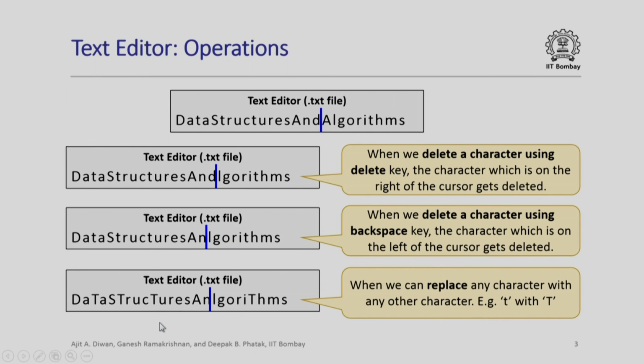In short, if we are implementing a text editor, we should have available with us functionalities of this kind. To recapitulate: move the cursor to the left or right, insert characters at the cursor point which will be inserted on the left, delete the character either to the left or to the right using either the delete key or backspace key, and a special functionality to replace a given character. There are of course a variety of other functionalities which can be built using these basic functionalities.